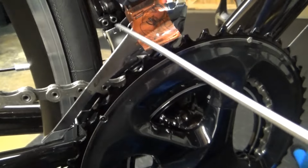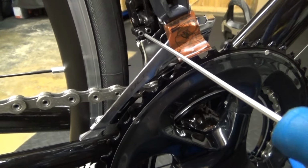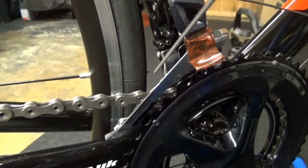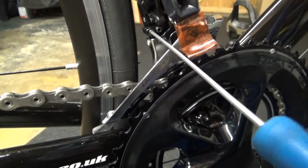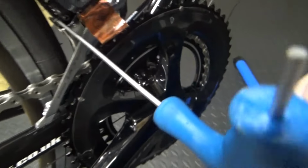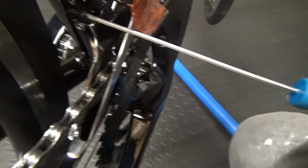Right, so you can see in there you've got your high and low screw. So the low screw obviously does the lowest and the high does the highest. So the low screw, you just put your Allen key into it like that, and you can look, I don't know if you'll be able to see it or not, but if you look, I'll try and get a better view of it there. I can turn it,